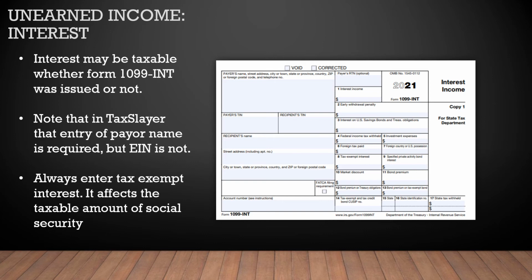So if there is an entry in that box, you just want to be sure that even though it is exempt from income tax, we do report it on the tax return, and that's because it affects things like the taxable amount of Social Security, which, if you'll remember, Social Security may be exempt from income tax, or some parts of it may be, and tax exempt interest goes into that calculation.